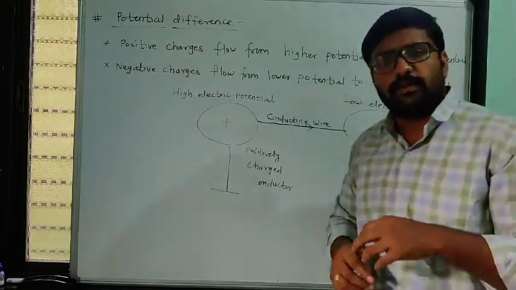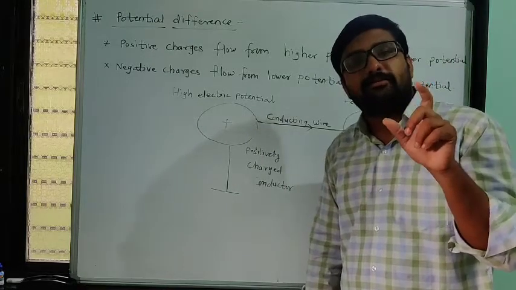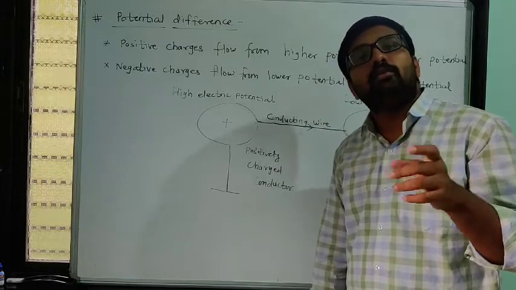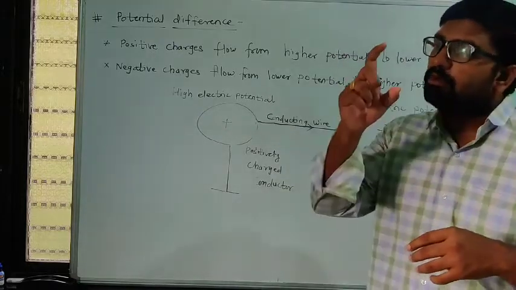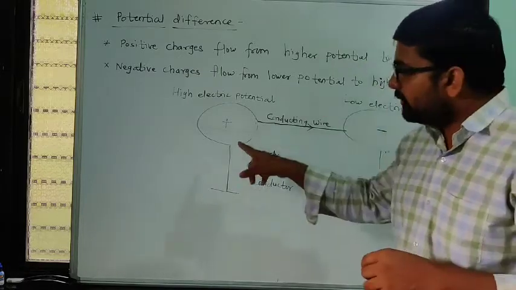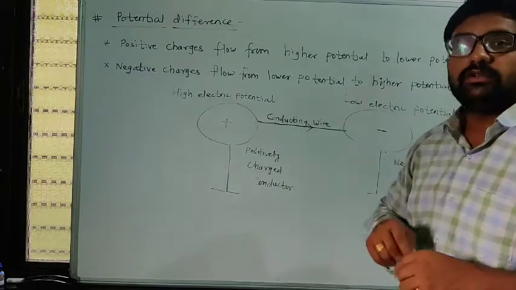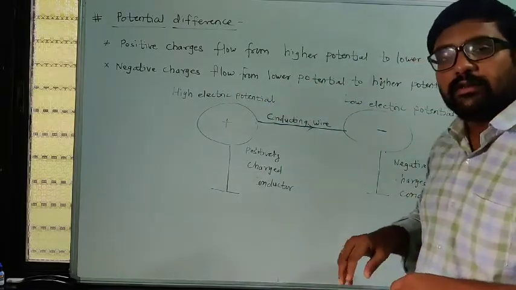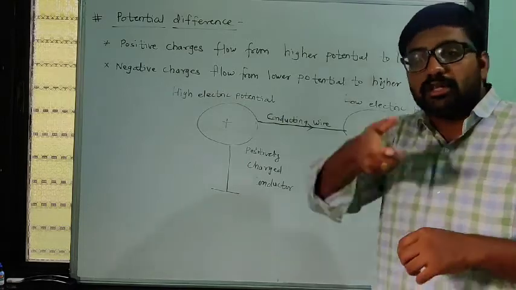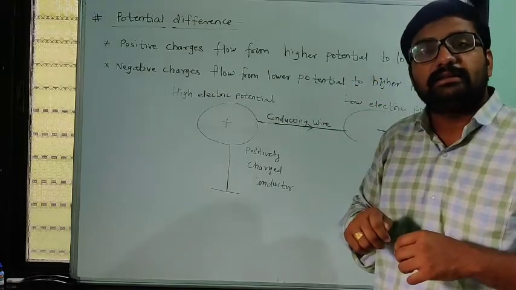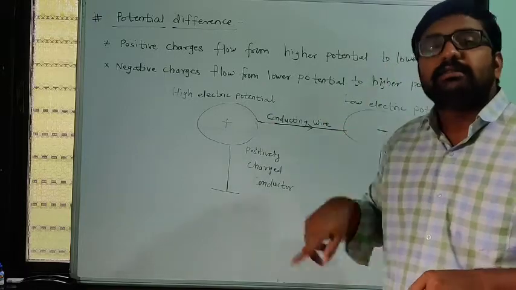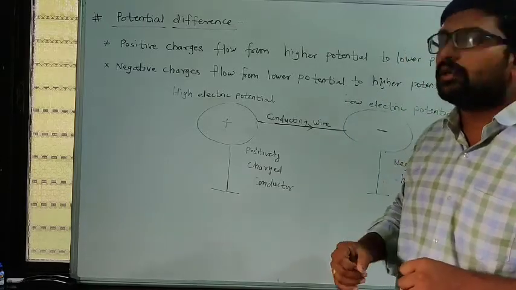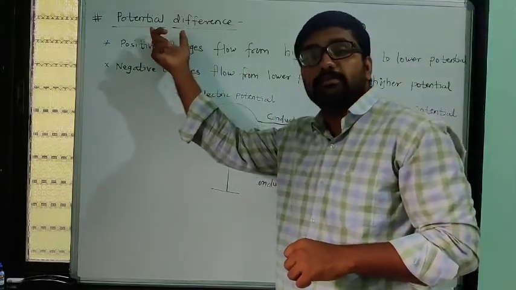Okay, so in general, if we see the example of cells which are present in our home. If you see our remote, or a battery, there we also use some cells which have one positive terminal and one negative terminal. Positive terminal means what? It is at higher electric potential, and negative terminal means what? The terminal which is at negative electric potential. As we connect the electrical cells, at that time what happens? The circuit starts working, because connecting a cell means what? We give a potential difference there.